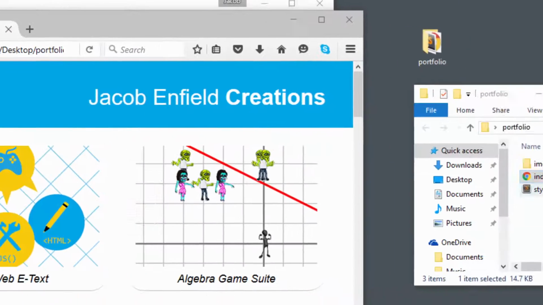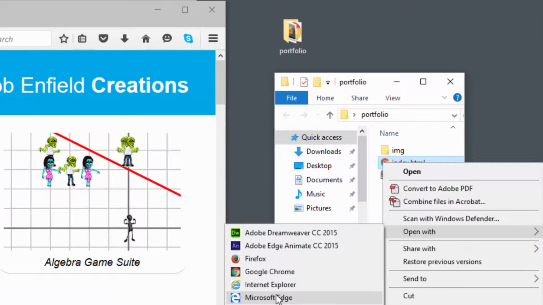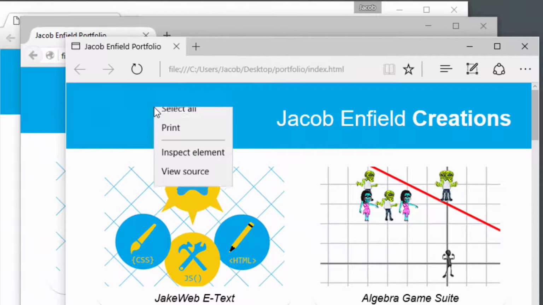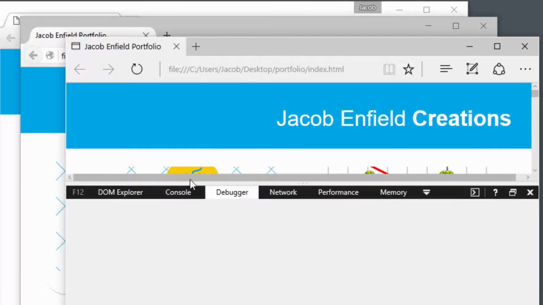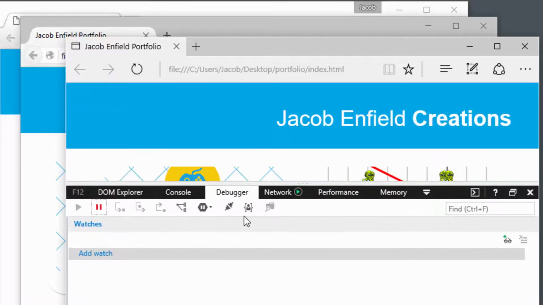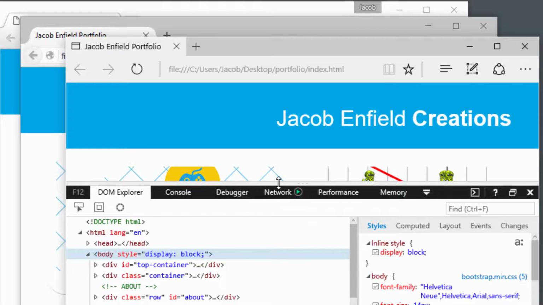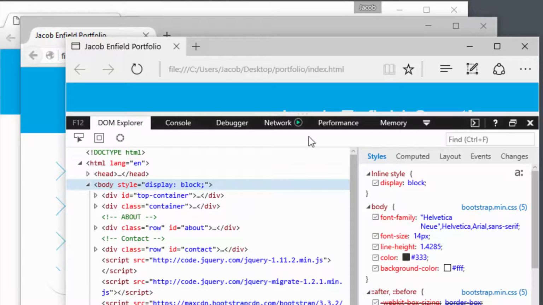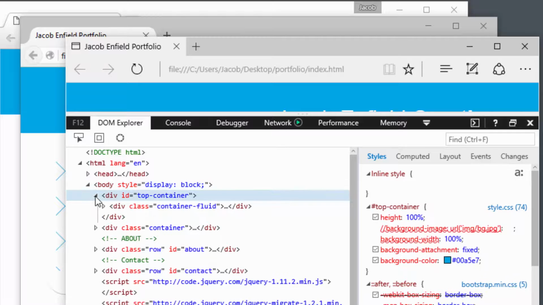Let's look at one more browser, Microsoft Edge. Here, you right-click on the page and select View Source. With Edge, a panel is displayed in the same window underneath the web page. The panel has many features, so for now, let's just look at the Document Object Model, or DOM, under the DOM Explorer tab. The HTML code is here and can be viewed by collapsing or expanding the objects that make up the page. The Safari web browser has a similar panel for viewing page source.